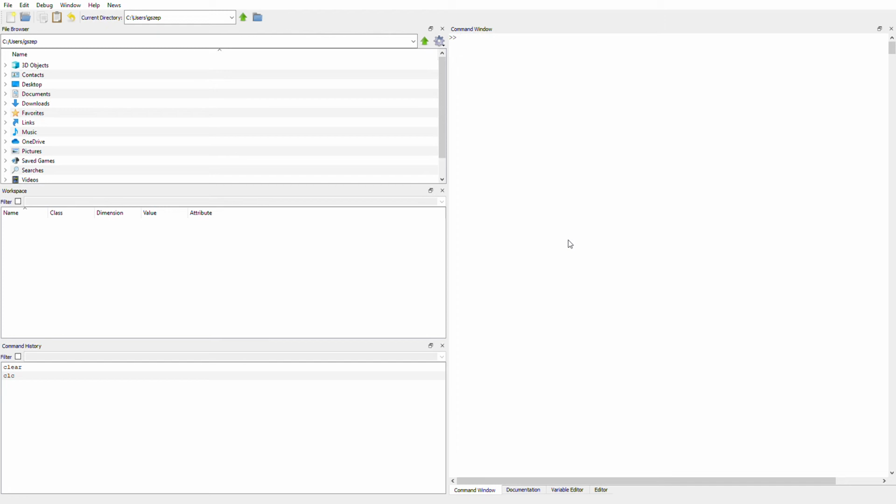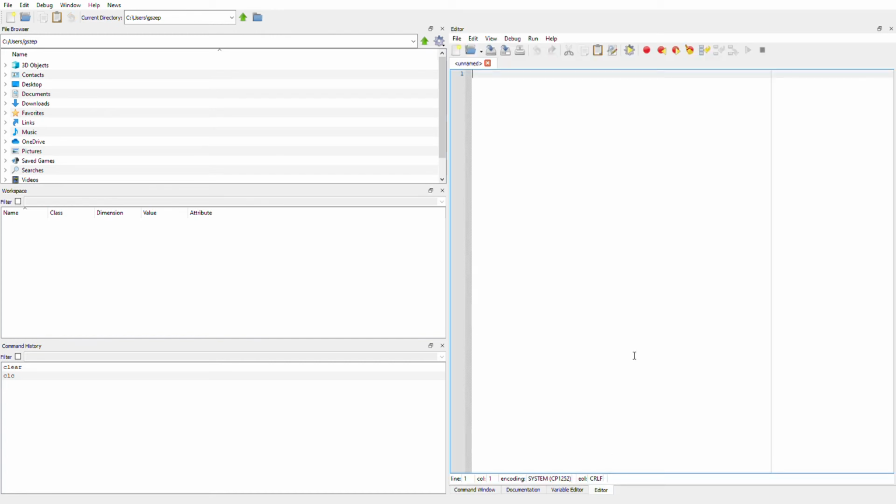So how do you get an M file? A couple of different ways. The easiest is just to click over down here to this that says editor, and now I'm in the editor. Once I'm in the editor, I can create an M file. So I can create a program, let's say, I don't know, x equals 100 cubed, let's see, y equals, let's see, square root